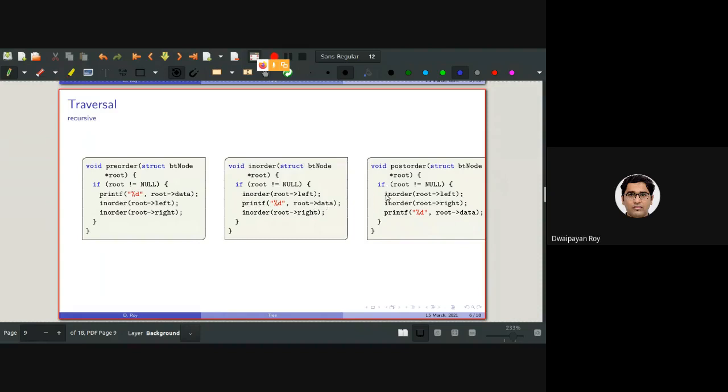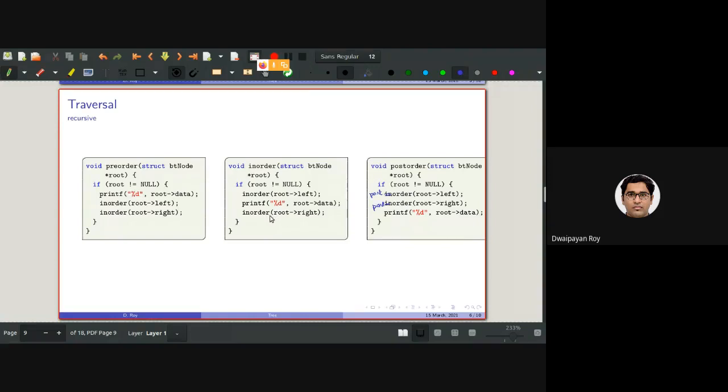For post order, extremely sorry, I should have written this as post. So it would be post order traversal, that is making the same function call once again. For the post order traversal, it would be first traverse the left subtree, then traverse the right subtree, and then process the root data.